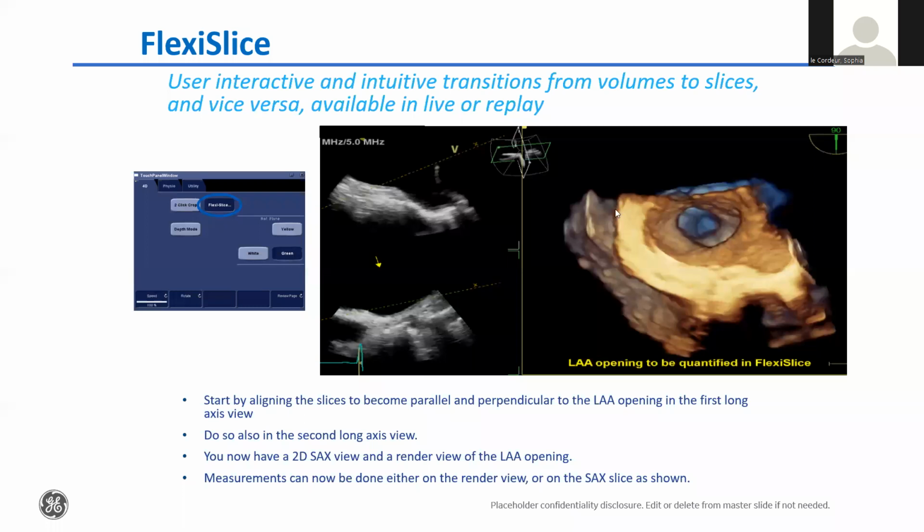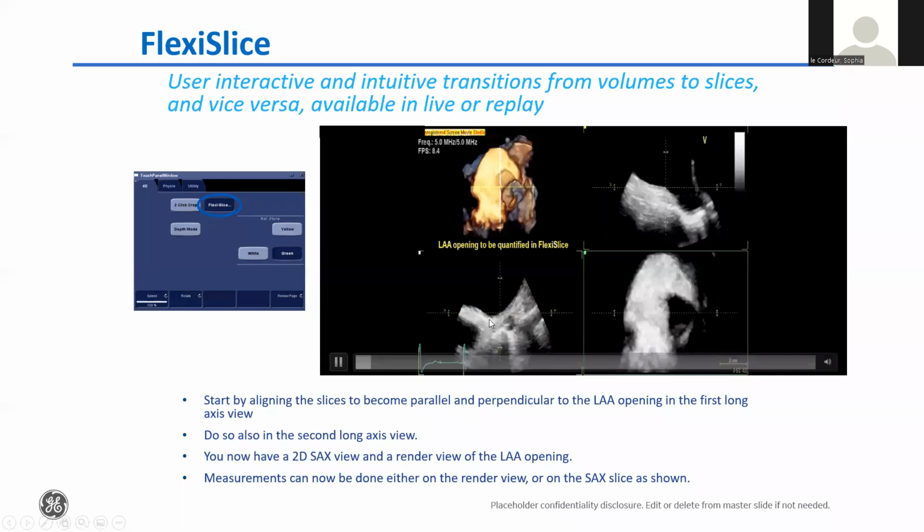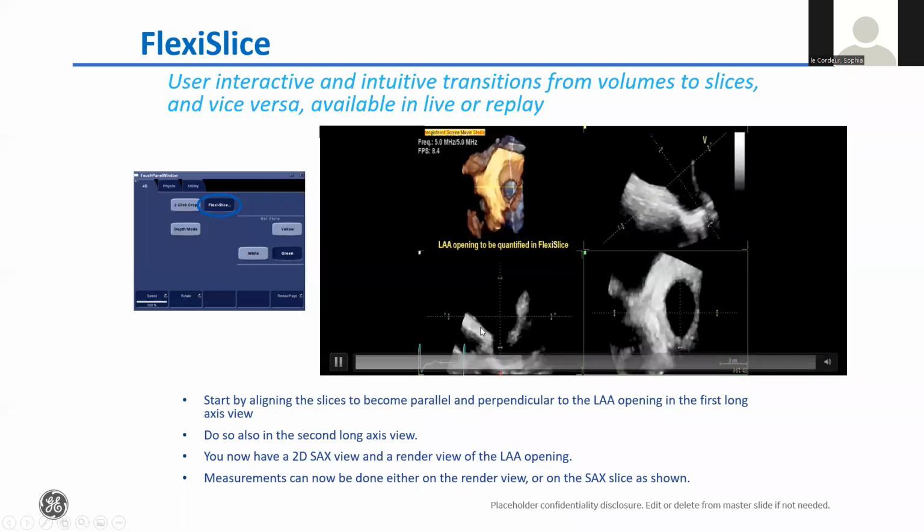However, at this stage here, we have a perfect short axis aligning from this plane of the neck of the appendage. However, look here at this yellow dotted line. It's not perpendicular short axis at this appendage. It is actually almost 40 degrees angled. In other words, if I try to do the measurements here for this appendage, I will overestimate the length of this appendage. Now, when we adjust this plane,